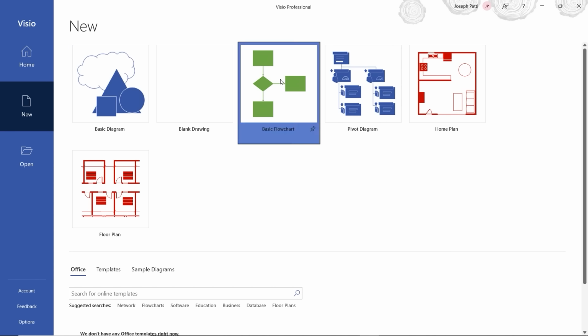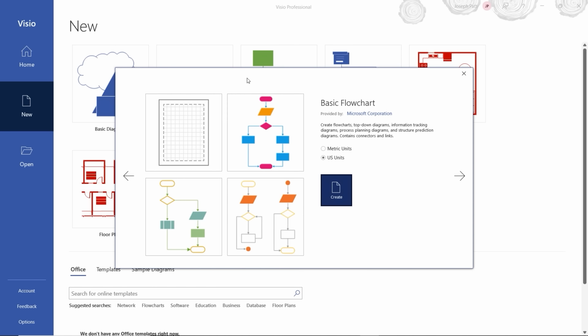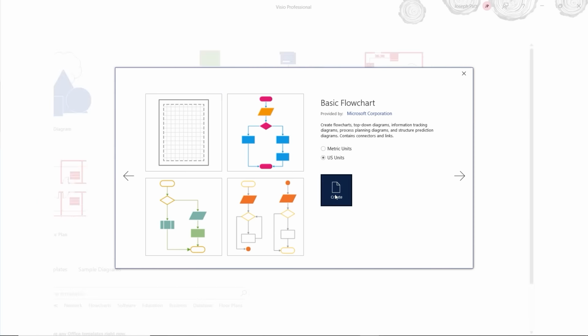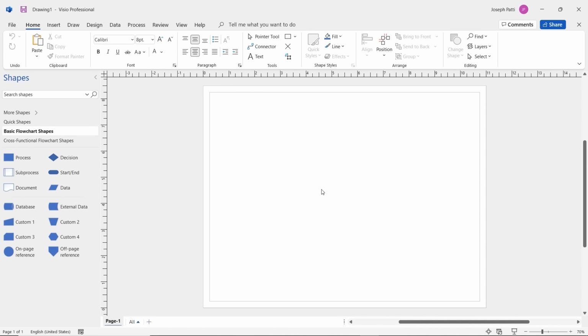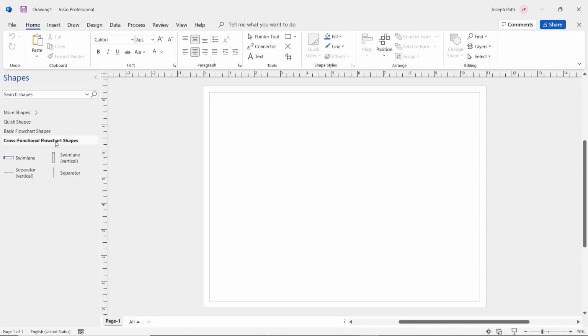So once you click on Basic Flowchart, we're then going to use our blank flowchart and click Create. Now you'll see right away that we have the option for cross-functional flowchart shape stencils. And if I click on it, this is where we'll find our swim lanes and our separators. This will allow us to separate things by different phases or even different departments that are going to be working